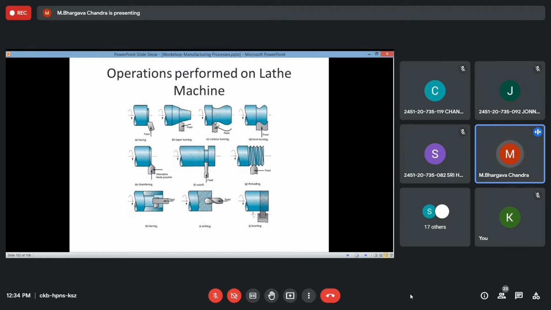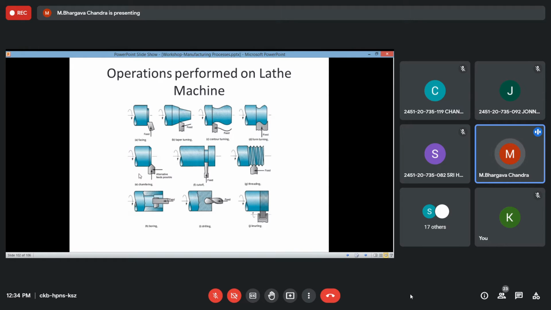By proper adjustment and movement of the tool bit, you can get the wavy shape on the surface of the cylindrical component. Remember, all of them are cylindrical components here. And then you can also see the D, that is the form turning operation, where the tool bit itself will have the shape of the required surface, and is moved against, in contact with, the rotating workpiece while the material is being removed. As such, the forming of the shape will take place on the workpiece here.